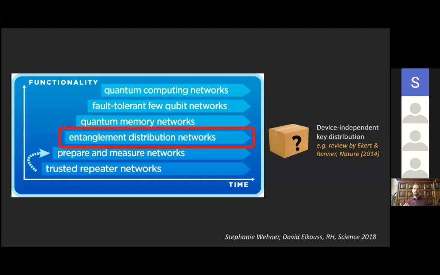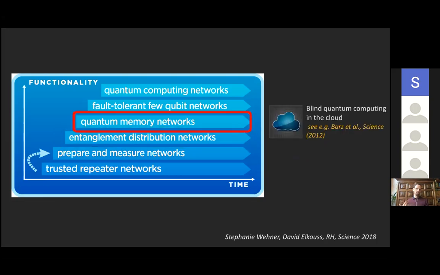And so, for instance, once we're able to distribute entanglement very far and at high fidelity, then we can use this idea of device-independent key distribution. I think many of you are probably familiar with that, where you really make use of the output of the devices itself to build trust in the key that you're building up. So this is the sort of very extreme picture in which none of the components you have to trust except for the output of your device.